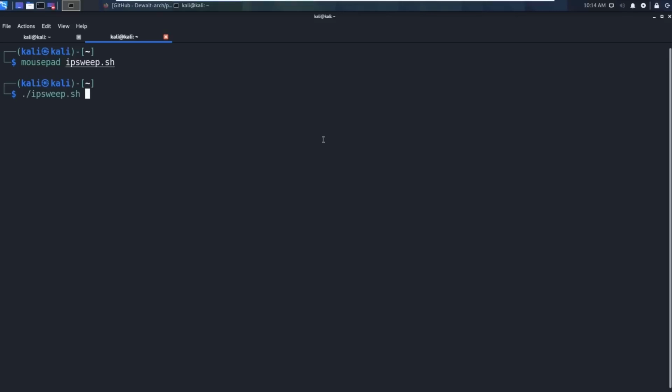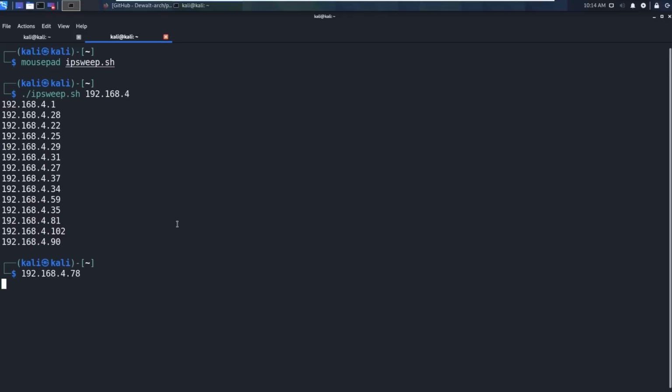So ipsweep.sh 192.168.4. You can see it's picking everything up really fast. All right. What I can do now is I can run this and then store this into like ips.txt, something like that. Just like found IP addresses. Okay, so now if I cat